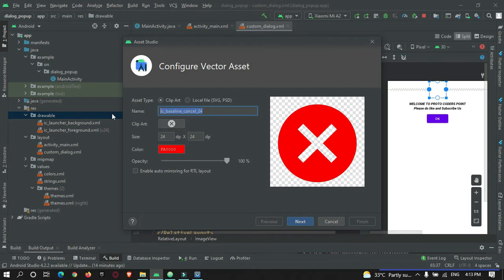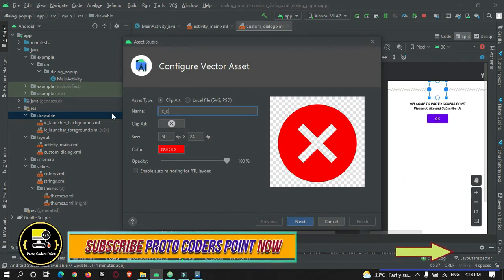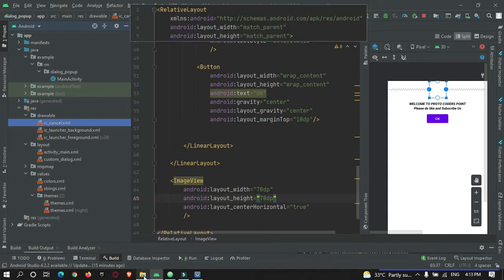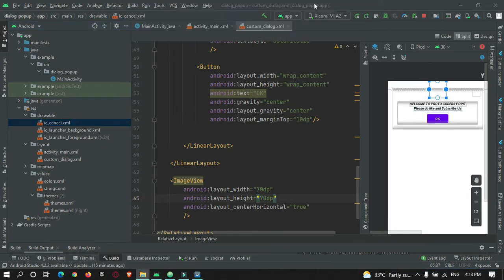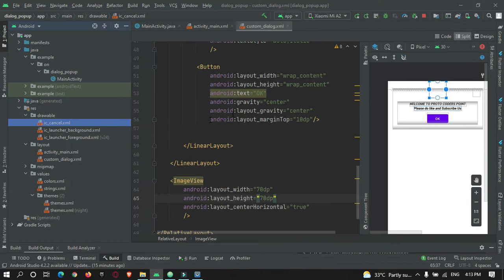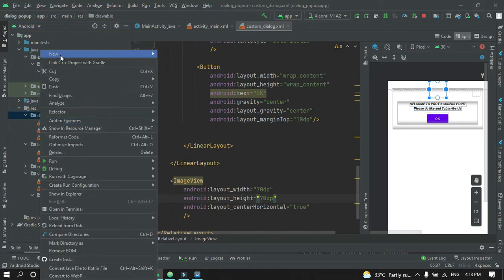Okay, so let's name it ic cancel. Okay, so now you can use this. And one more thing, I need a logo, so I will just copy an image and paste it in my drawable folder.